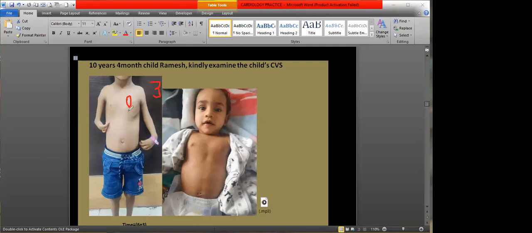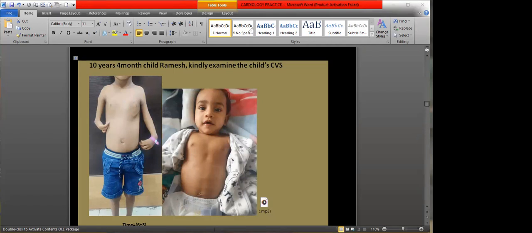And if this is a large or small VSD, this VSD murmur is pansystolic, but that can be heard over all these areas, all over the precordium. So that is not particularly a DD, but if they are asking, then you can mention it. Otherwise, no need. These three are enough. And after that, if you think they are asking, then what Dr. Ashish mentioned, you can mention that one also. So these are the DDs they need to know according to the site of murmurs. You need to mention your DD.